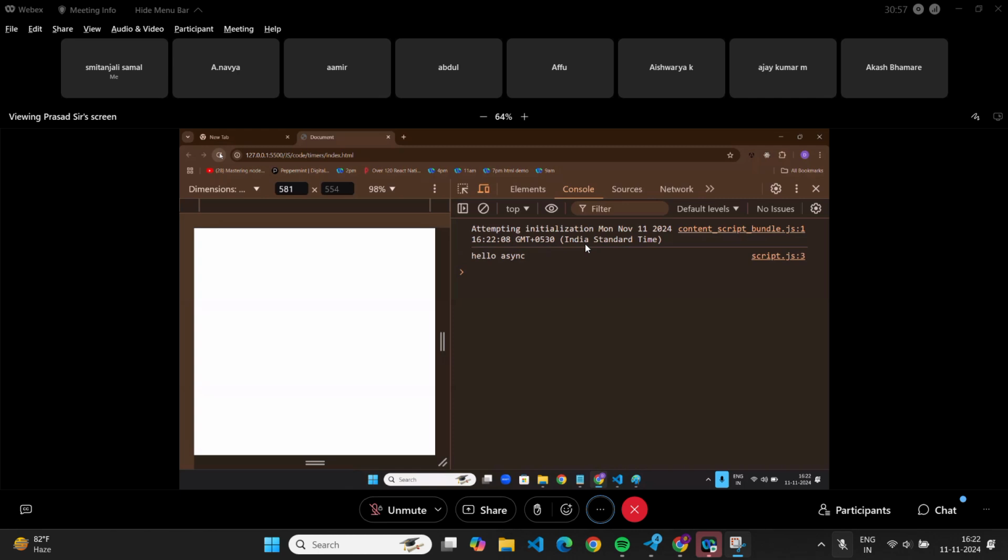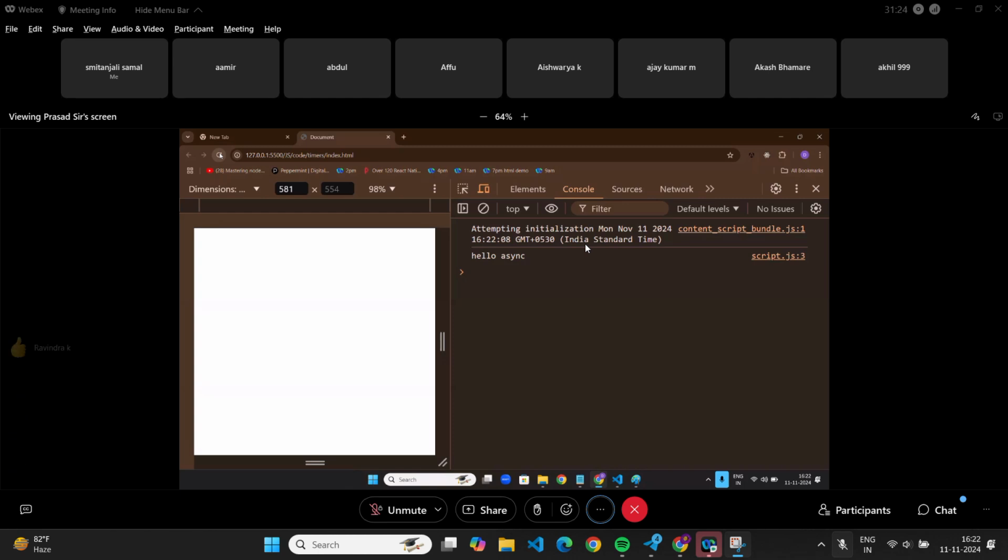This is called set timeout. Set timeout will take two values. One is the callback function which has to execute. The second one is time. Time it will always take in milliseconds. Any doubts? Is it clear?